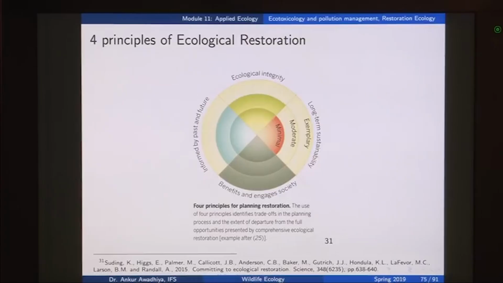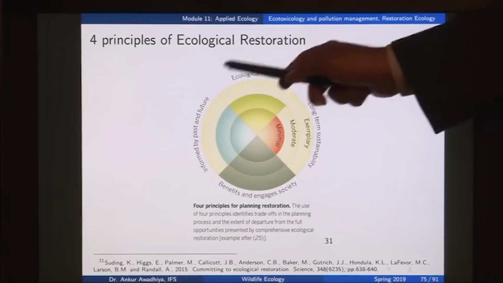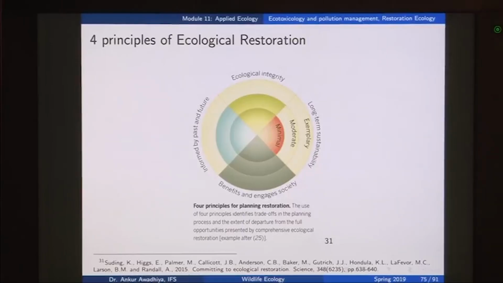Whenever you are doing any restoration activity, you have to maintain ecological integrity, which means that if you are planting these trees in, say, a tropical area, you need to have the plants that grow in the tropical area only. You cannot bring in some other invasive species, because your invasive species will probably establish faster in this area, because they have lower nutritional requirements, or because they spread very fast.